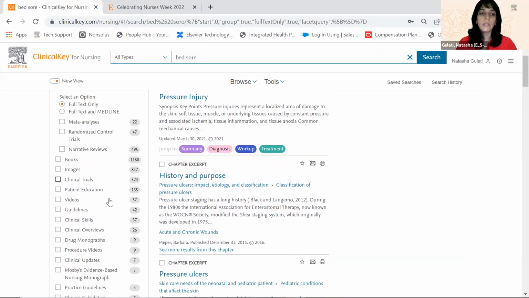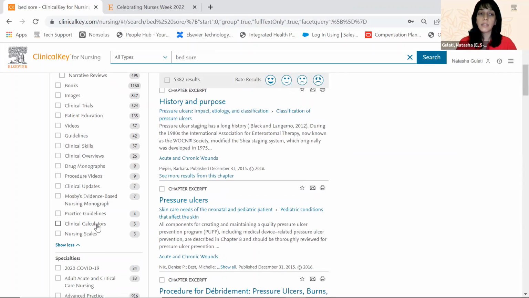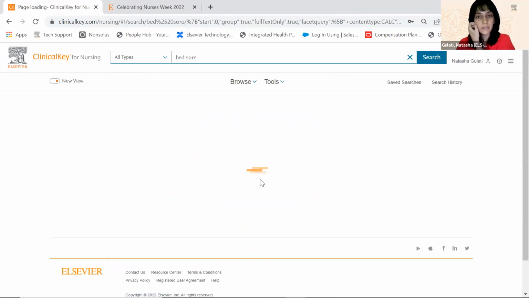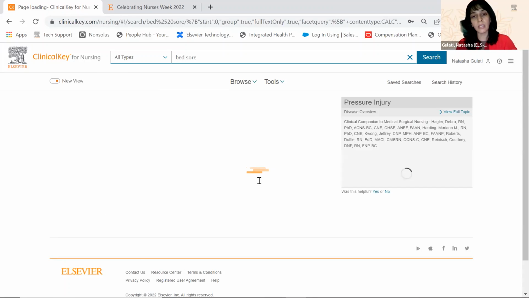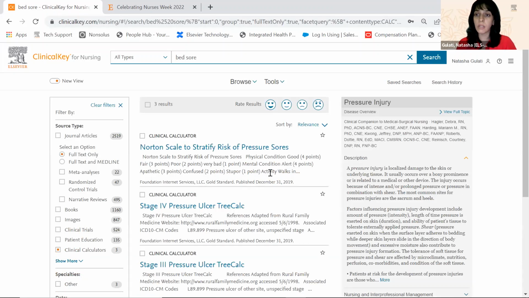Another very useful tool that we've added to ClinicalKey for nursing are the calculators. So on ClinicalKey for nursing, you have access to hundreds of clinical calculators that actually help you to improve the quality of your prognosis and diagnosis. So the clinician may have provided some sort of diagnosis, but you're the one who's observing the patient on a day-to-day basis. You can monitor their improvement using these calculators. So for example,